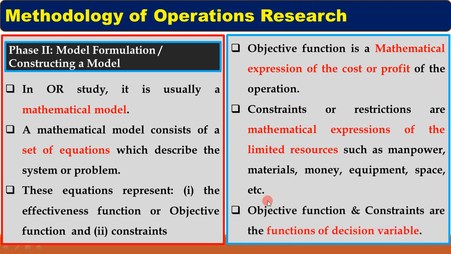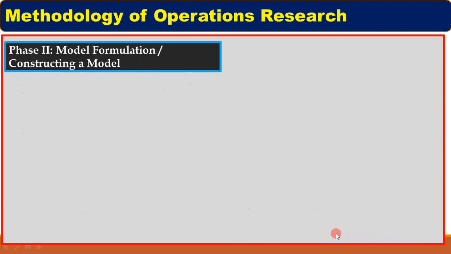And the last point, the objective function and constraints are the functions of decision variables. So the objective function is also a mathematical expression, and it is formed by decision variables, and constraints are also formed by decision variables. So both these objective functions and constraints are formed with the help of decision variables, and thus it is said that both of these are the functions of decision variables. Now let us see